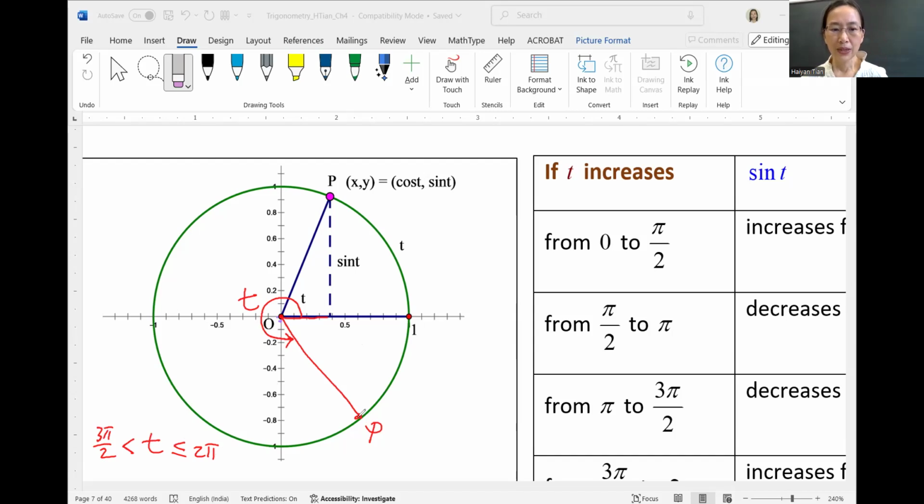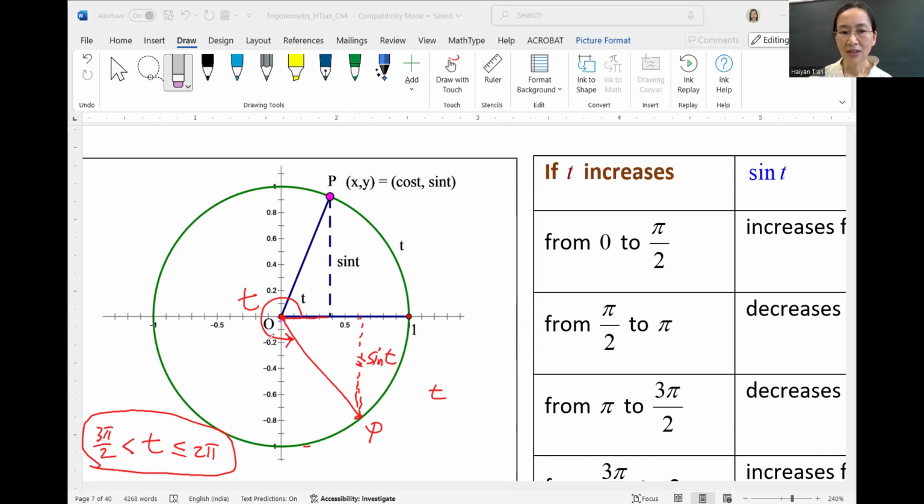So we can see when this point moves along the unit circle, then what happens is, okay, the y coordinate, you can predict what happens to this y coordinate, which is sine t. Just imagine what happens to sine t when this t increases, right? When t increases in this range,